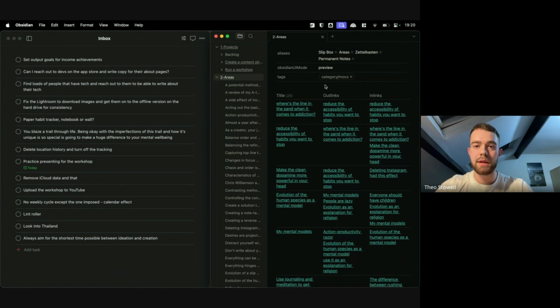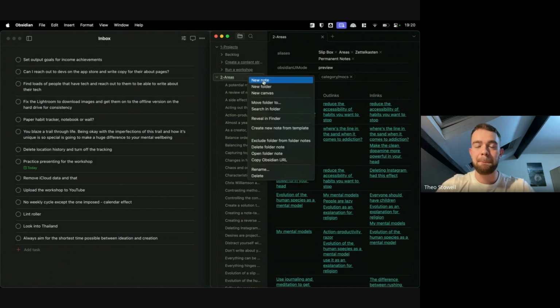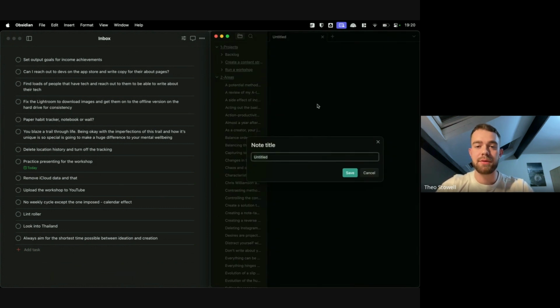So that's that. Like I said, I don't want to dive into too much detail about that, because I want to show you how I develop an idea. So we create a new note in this folder, and we call it something similar to the idea because that captures the seed of the concept quite well. So we'll call it something like aim or